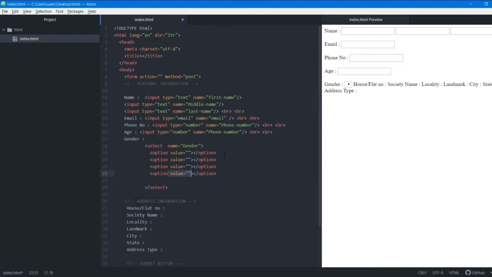Let me just create 4 options. Now this will be 0, this one will be 1, this will be second, this will be third. Here I want select your gender. Now here I want male as my first option. Second one I want is female, and let's call the third one others. Okay, now this is our drop down menu, and after this select tag I'll give 2 line break tags.